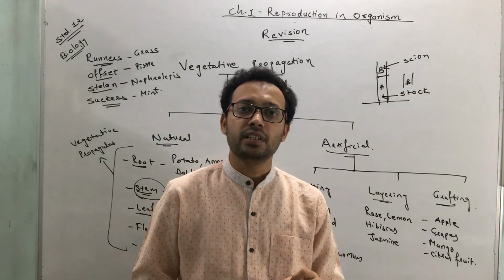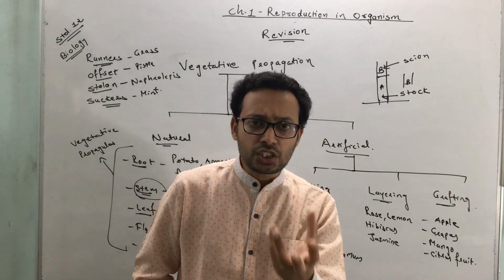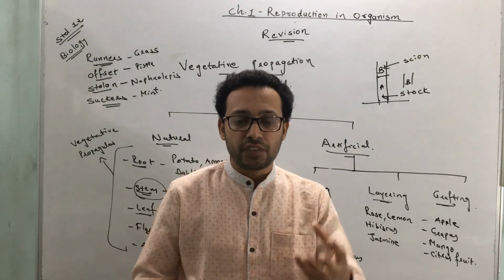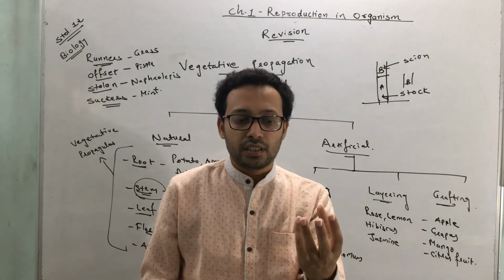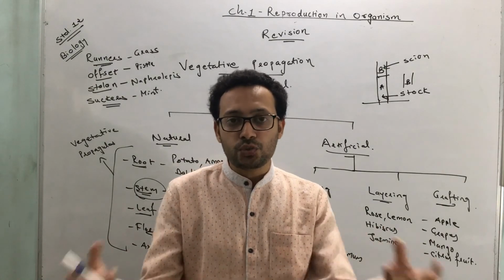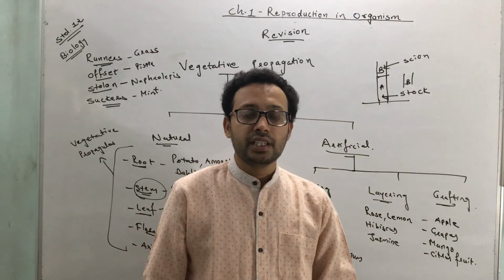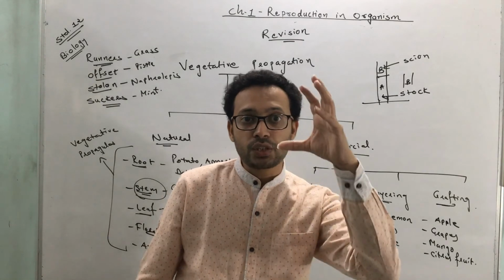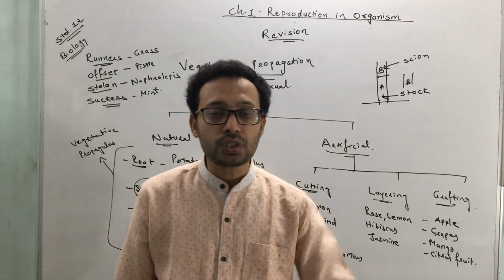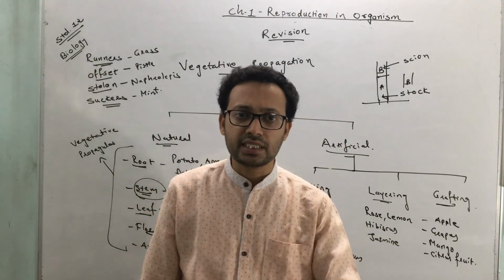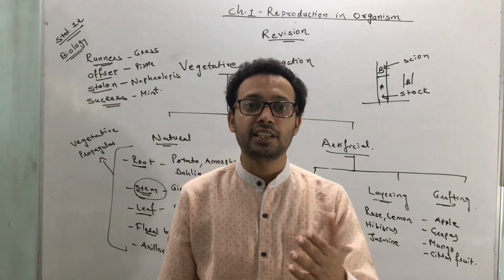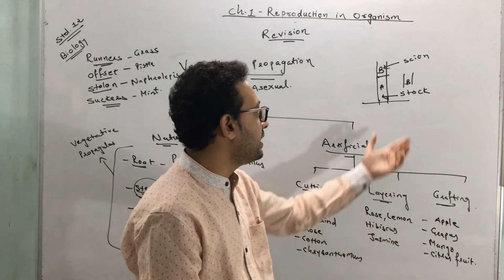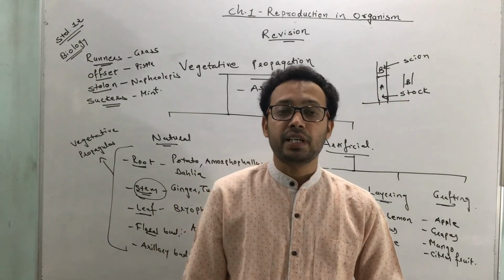So what have we done? We have taken a stock and scion. We have fused together a plant of a lemon and an orange by the grafting method. And so what do we have? A bigger size of lemon which has more juice and vitamin C. You might see this kind of lemon in the market, which in Gujarati is commonly called gadda lemon. That is produced by the grafting method.